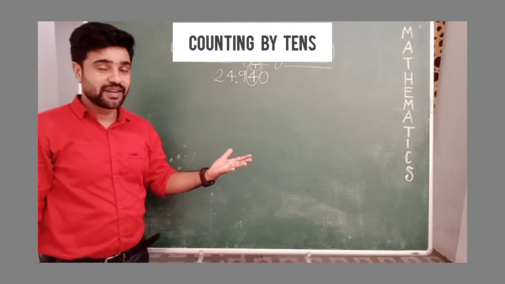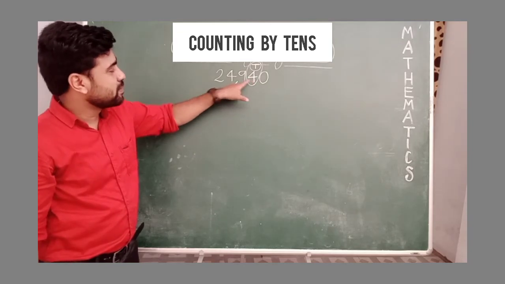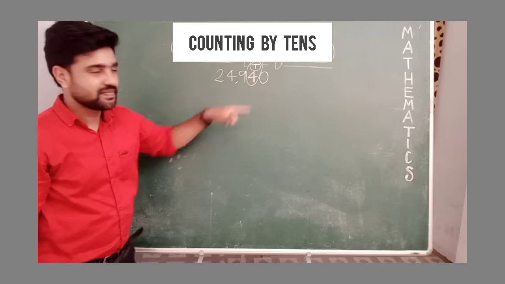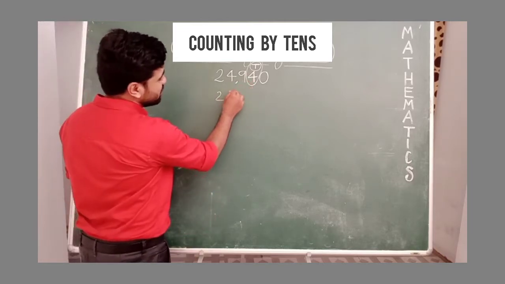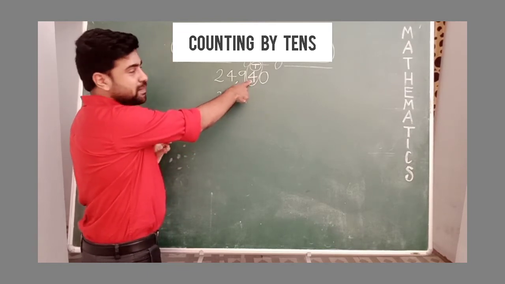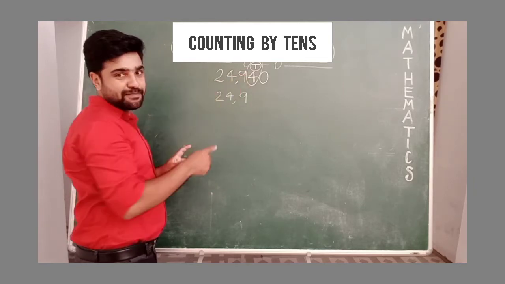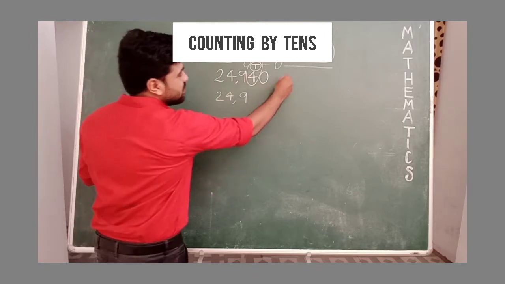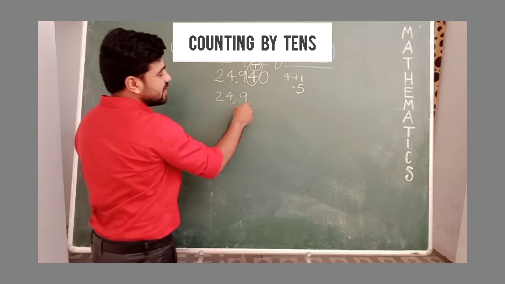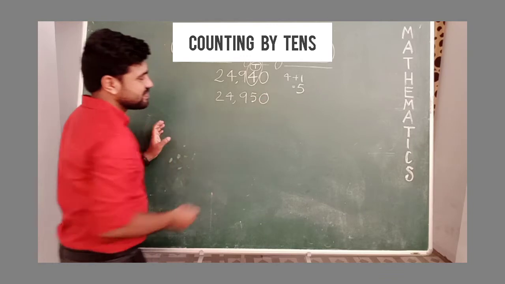It is very easy to write. No need of any calculations. Just write the next number instead of this digit here. I will show you. The next number will be 24,950. 4 is the number in tens place. Write the next number. Add 1 to the number in tens place. It is 4 here. Next number 4 plus 1, that is 5. Write 5 there. No change for the number in ones place.